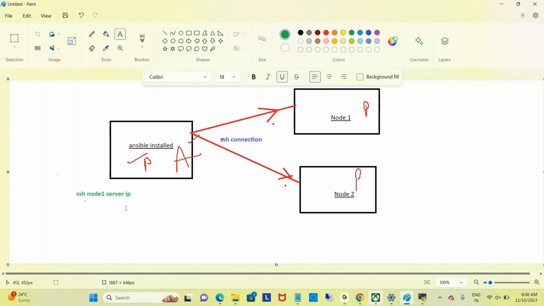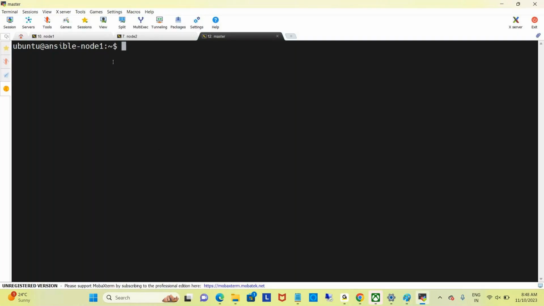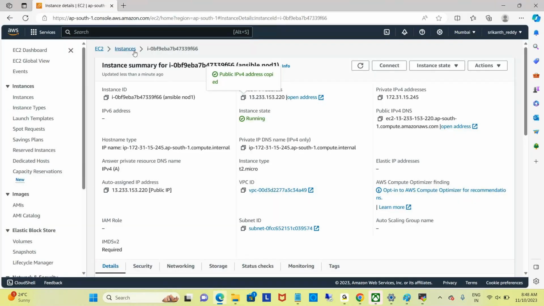Okay. So what happened from the master: I have executed this command and connected to node 1. That's why we are now able to see node 1 here on the master server. So I want to exit. If I type exit, it will close the SSH connection and come back to the master, right? Similar way, if I want to connect to node 2, let me take